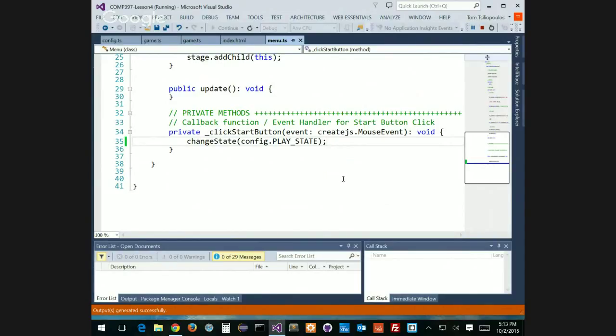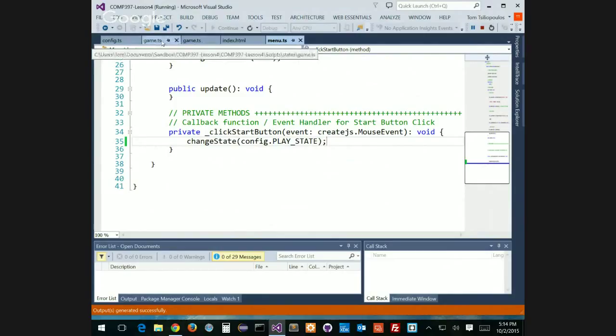Because I'm moving out of here, I also have to clean myself up. I'm actually changing my state, so I'm going to call my change state function. But then somehow, when I'm changing my function, I've got to kill this one. Kill this one, right? How do I do that? Well,